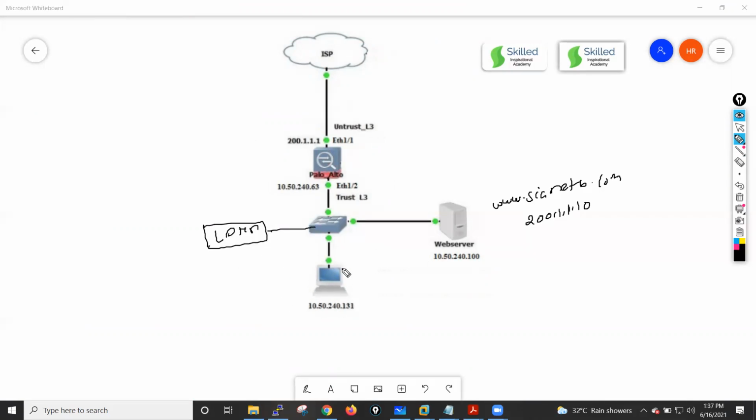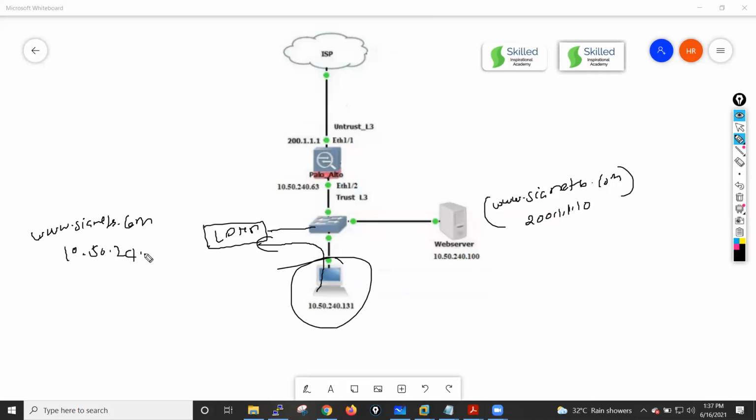Whenever this server sends a request towards www.crnets.com, the request reaches this LDNS, and on this local DNS we have created one entry that crnets.com is available at 10.50.240.100. So he can reach this server directly on this IP address, and he will give the reply. That is the one case.